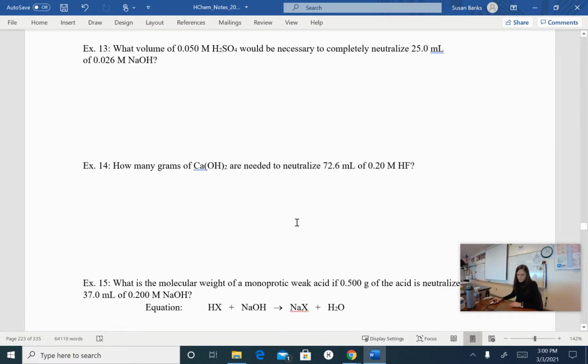Example 2. What volume of sulfuric acid would be necessary to completely neutralize 25 mL of a 0.026 molar sodium hydroxide? Now, we need to create an